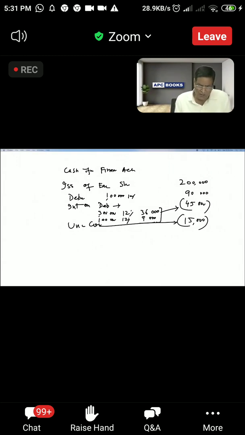Looking at this, it appears that in previous year the premium was 5,000. Next year premium is 30,000. So it looks like 25,000 has been received. Shares have been issued at 25,000 premium. So 25,000 should also be here. But